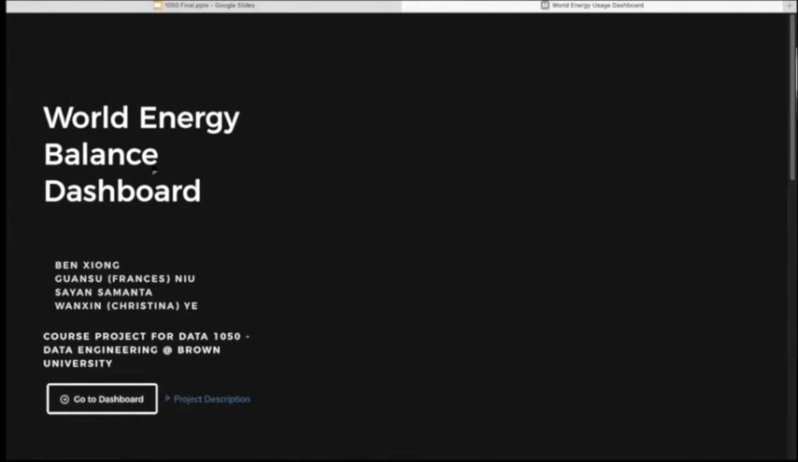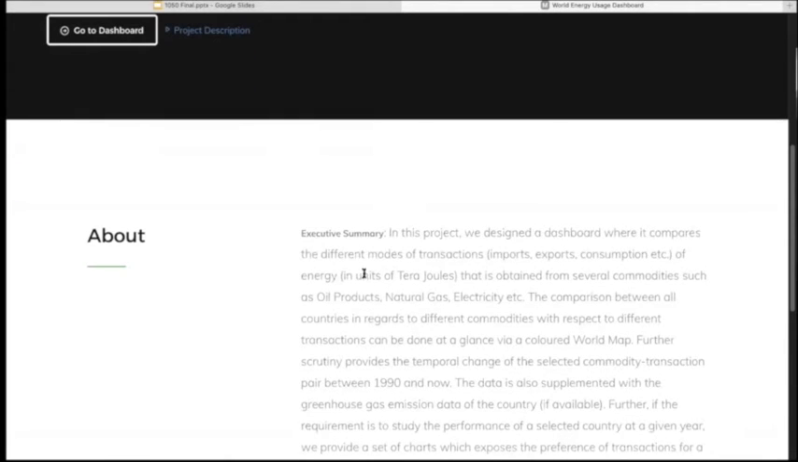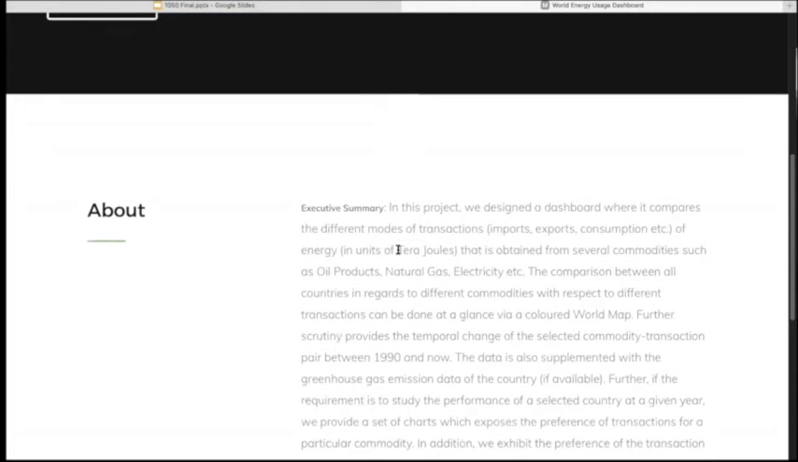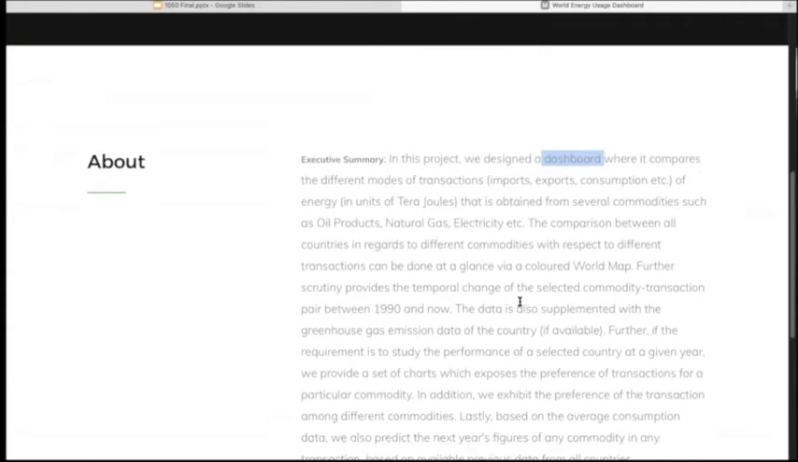The main page is the first landing page. It contains our project title and team background at the beginning. And if we scroll down the page, we'll see an executive summary, including the intro of our dashboard and also